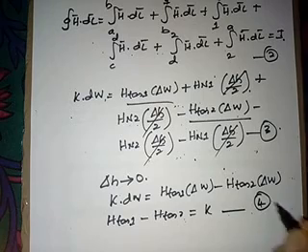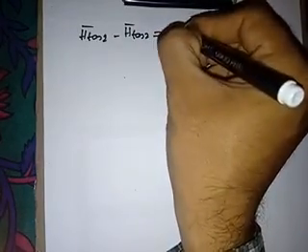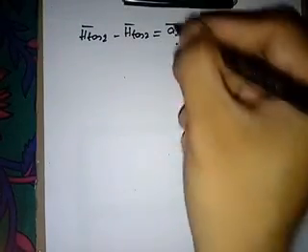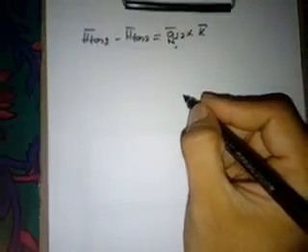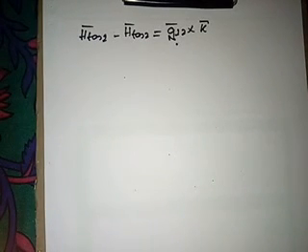Take it as equation 4. I can write it in vector form. So in vector form this equation will become H tan 1 minus H tan 2 bar is equal to a12 bar cross K bar, where a n12 is a unit vector in the direction normal at the boundary from medium 1 to medium 2. It is the unit vector normal to the boundary between medium 1 and medium 2.